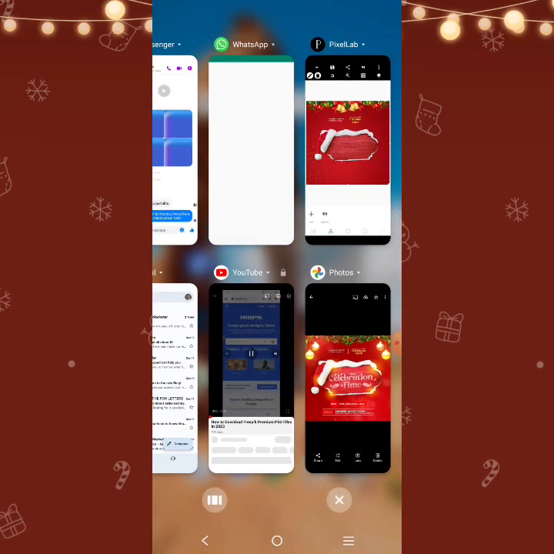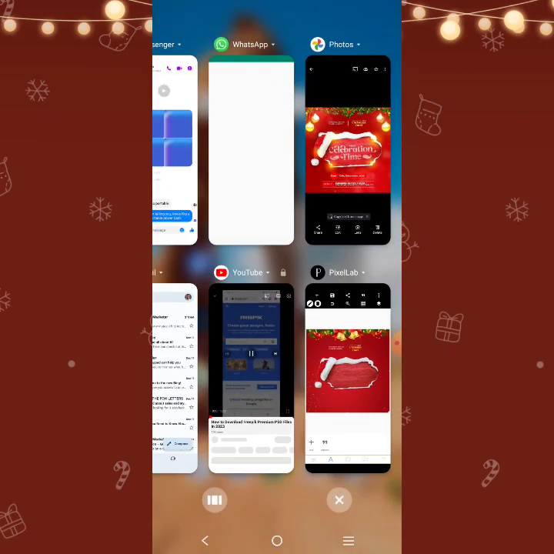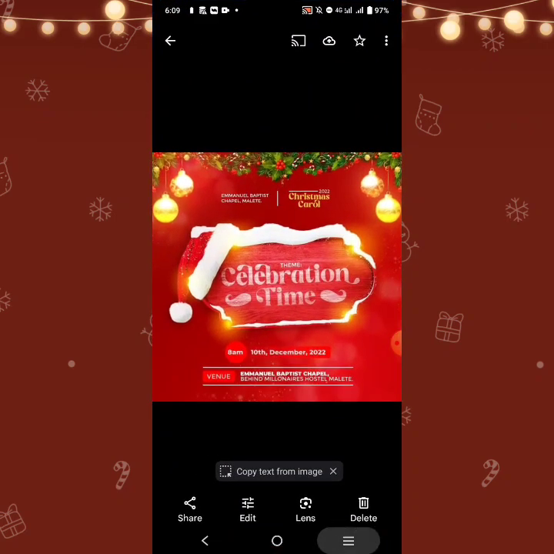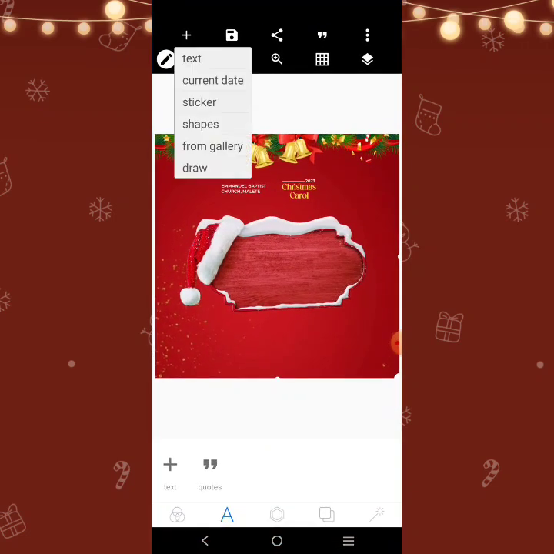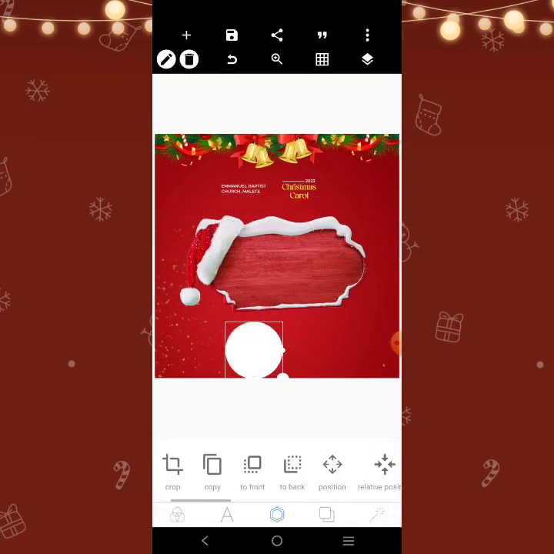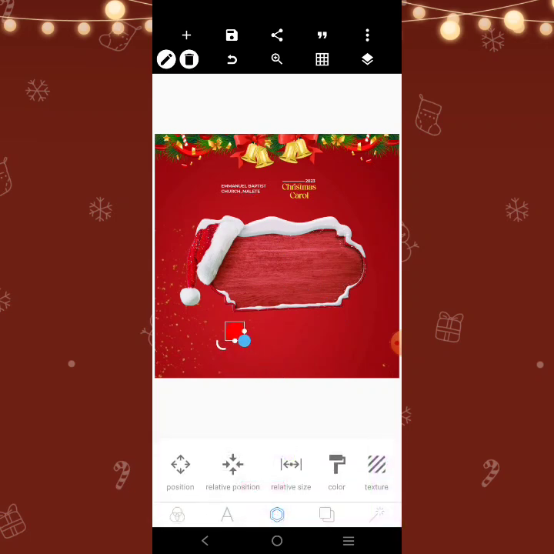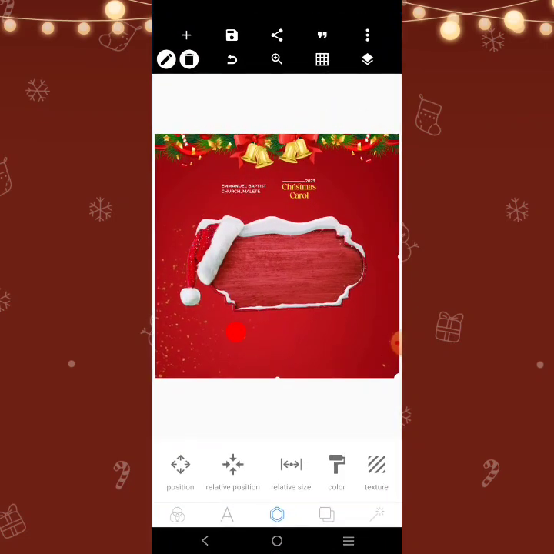So we check again. You see, celebration time. That is the theme. Then apart from that, we have December 10th 2022, blah blah blah. Okay, so let's go. All right, so let's get a shape very fast. All right, change the color to red. Okay, and we can adjust it there. All right, so that will be for the time. All right, so we can bring this here,